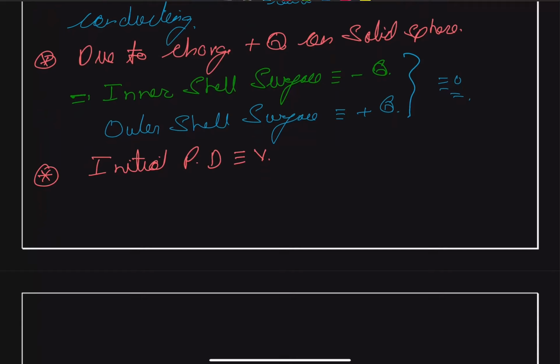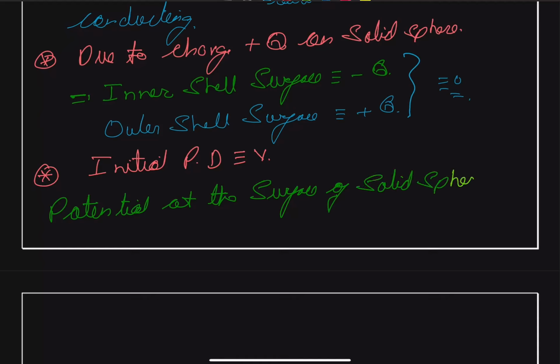So the potential at the surface of the solid sphere due to all charges, let us call this V solid, will be equal to